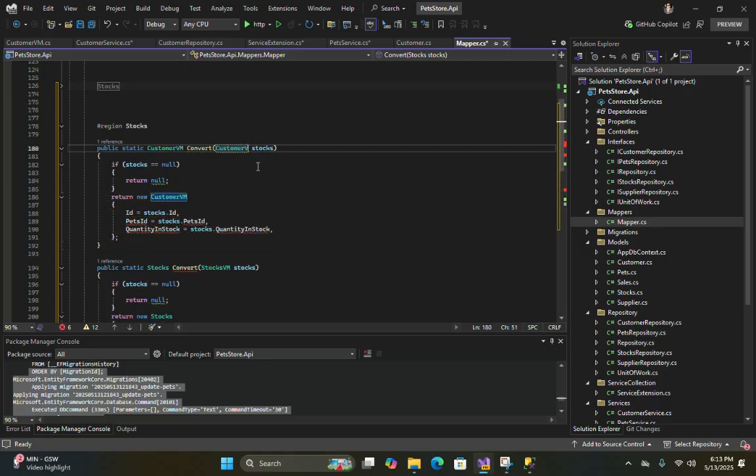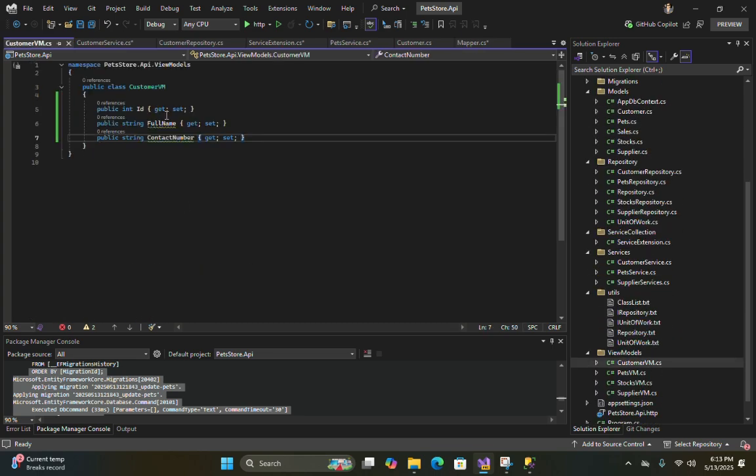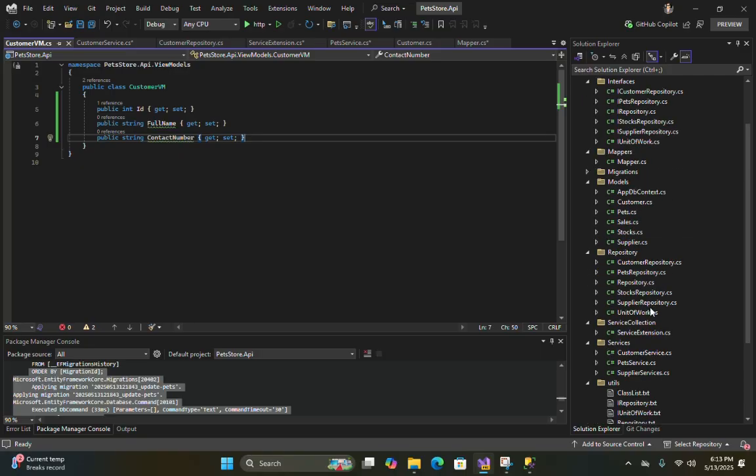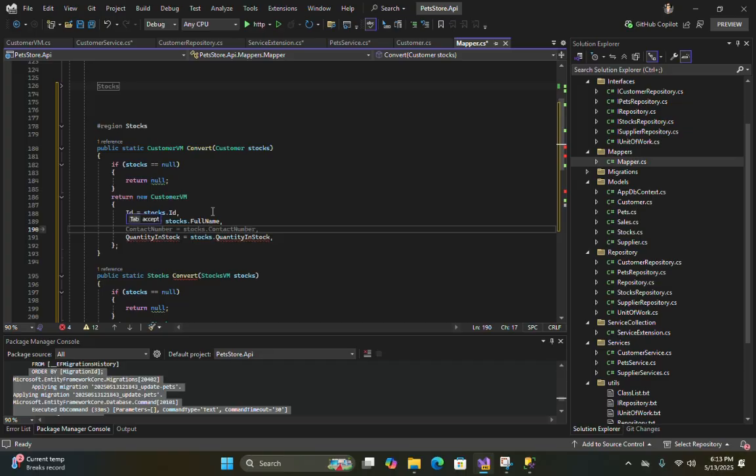All right, so customer view model, customer. Right, this is the thing. Let's see the attributes for customer: ID, full name and contact number, right? So put the same thing in mapper: ID, full name and contact number, right?